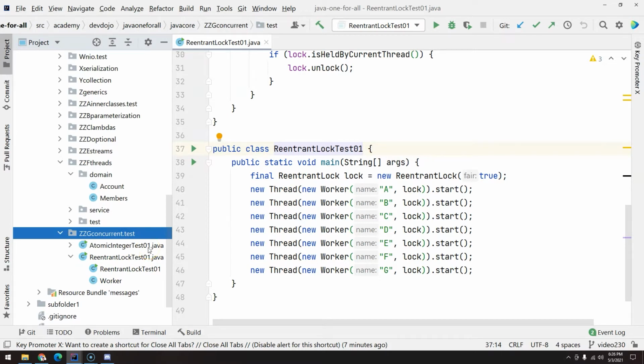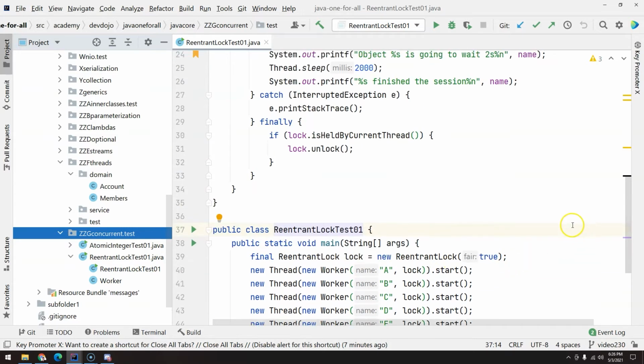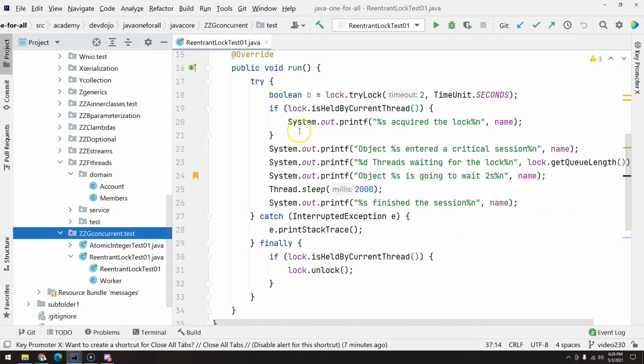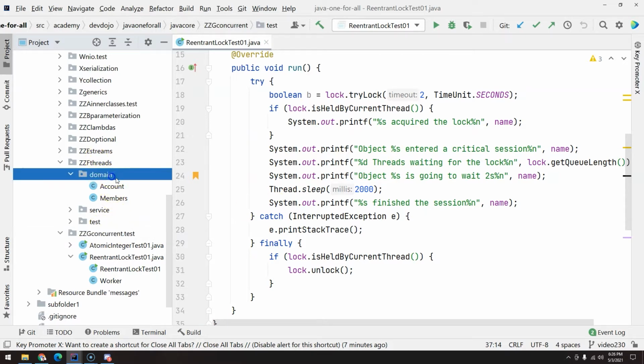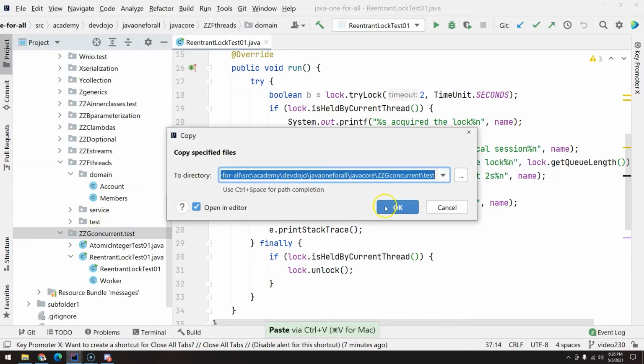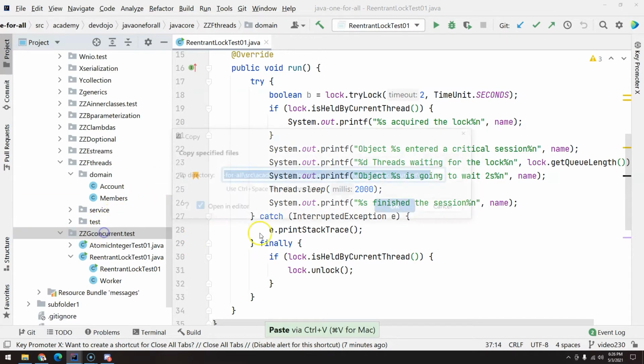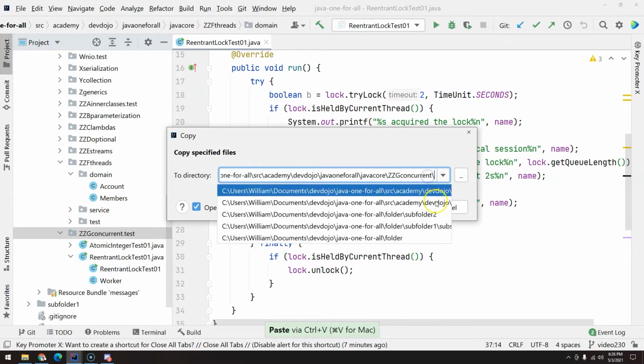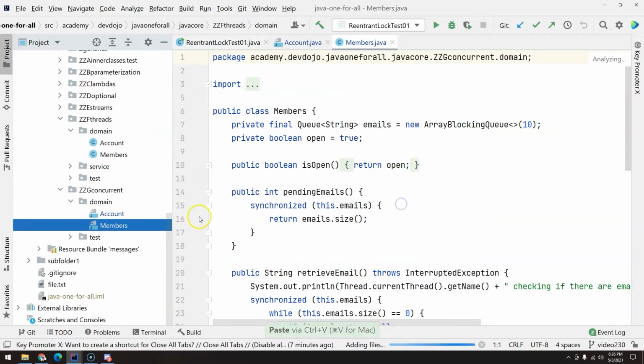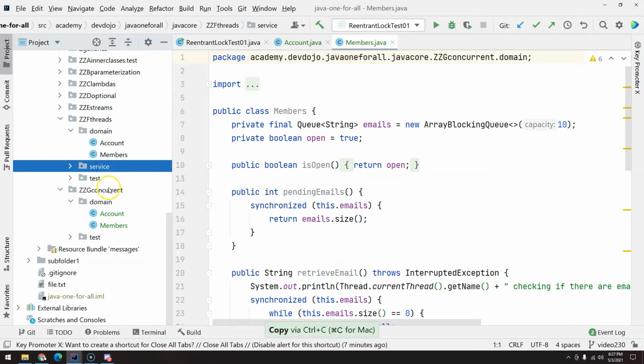So I think the best way to explain this, and actually we are just going to scratch the very surface of this class, is going to the same problem as we had before. So let's do the following. Let's copy the domain class. Just copy the entire package, remove test, then press OK. Copy the service package,